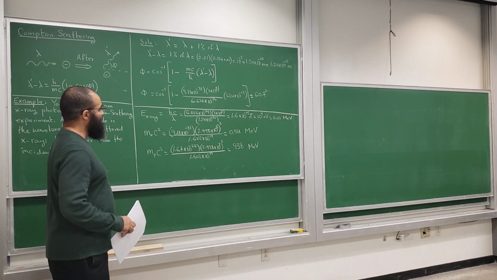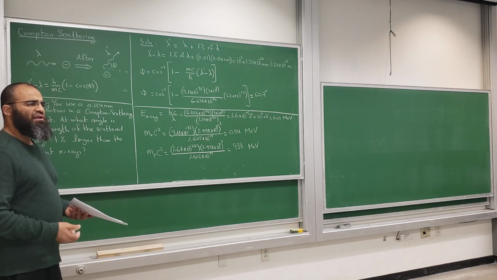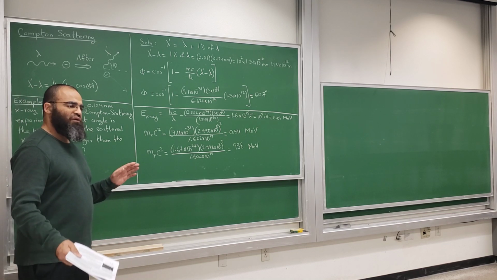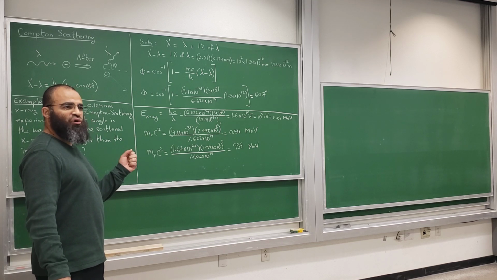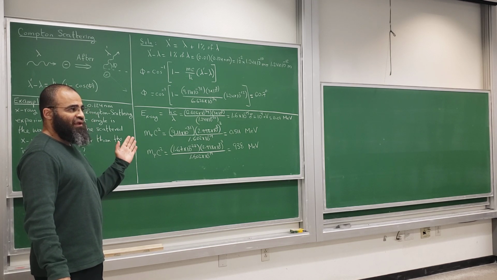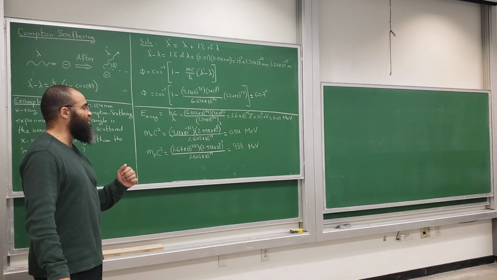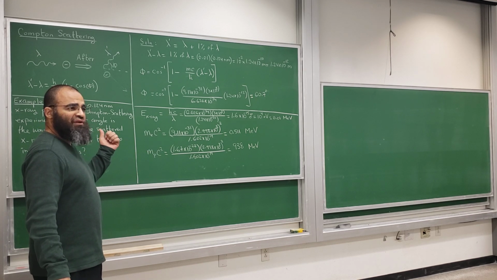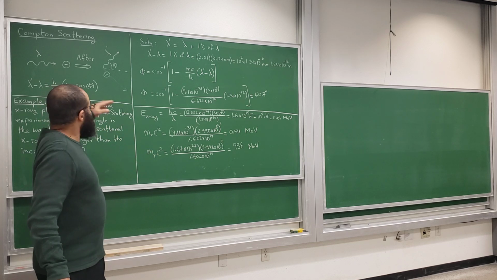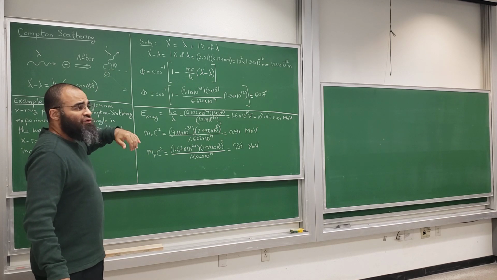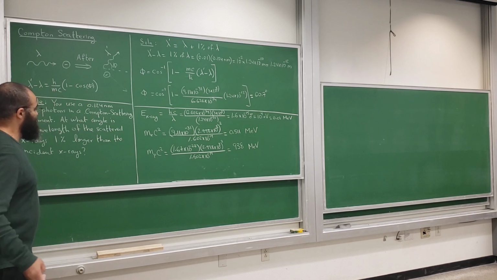So for pair production, what happens is this. Let's just recap. When we talked about the photoelectric effect, the photon was completely absorbed by the electron, and then the electron was freed from the surface of that metal. For Compton scattering, the photon collides with an electron. The photon goes one angle, and the electron goes to the other angle. For pair production, what happens is